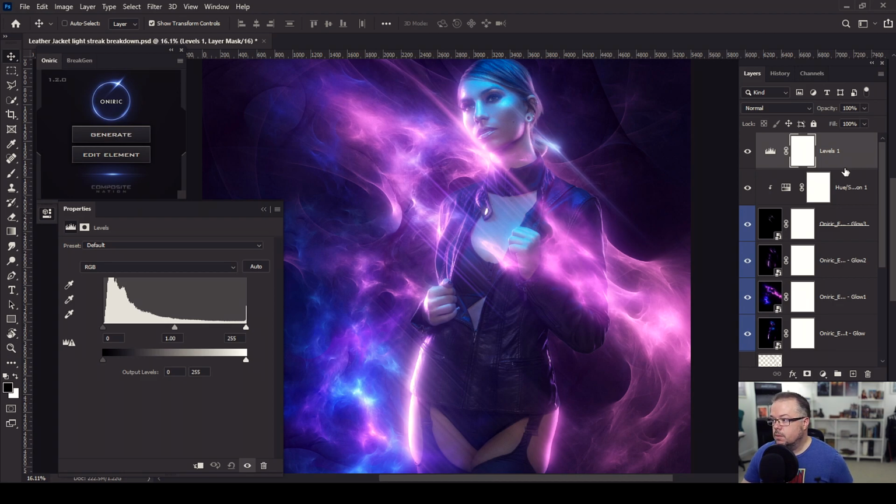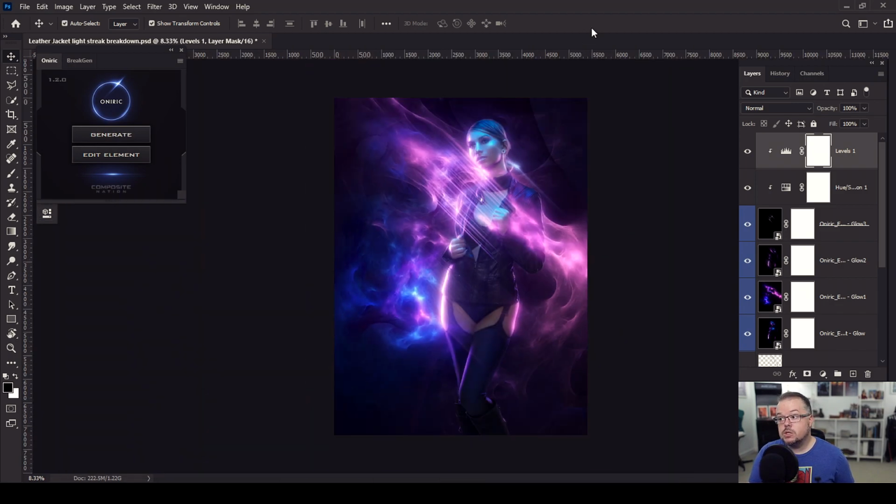And we're going to do the same thing, put our mouse between the two layers, hold Alt-Option and click it, so we have that little arrow. Now we'll only affect the light streaks themselves, and I'm simply going to make the light streaks just a little bit brighter by moving over the highlights and shortening this distance, then taking the midtones and making them a little bit brighter as well, so that we can see the light streaks and they are much more visible now into